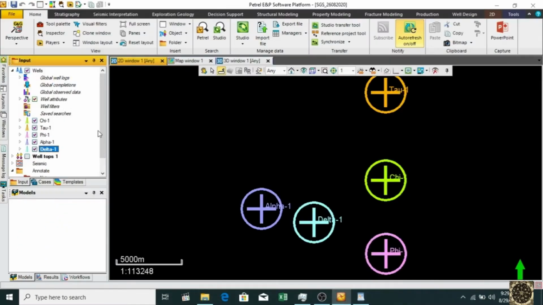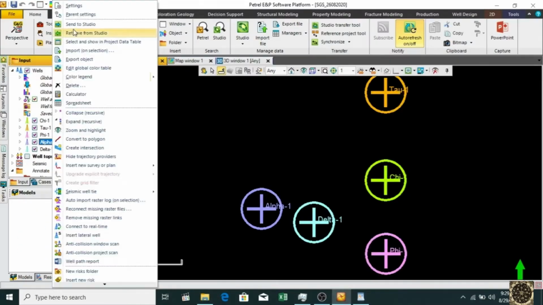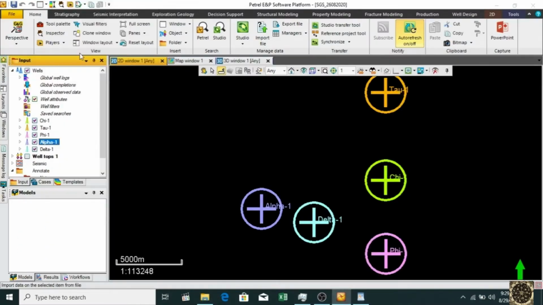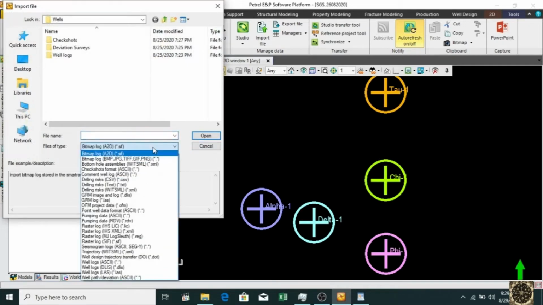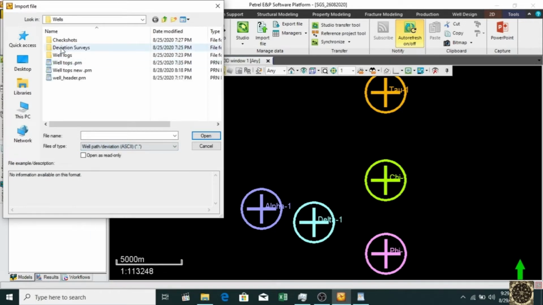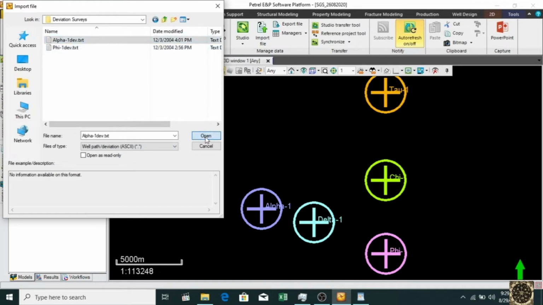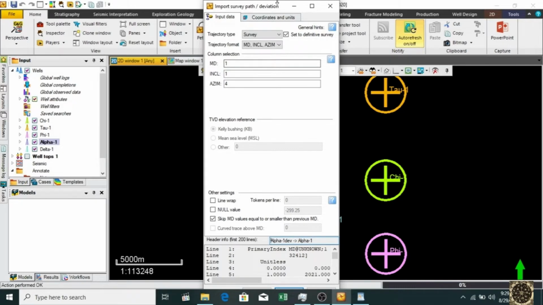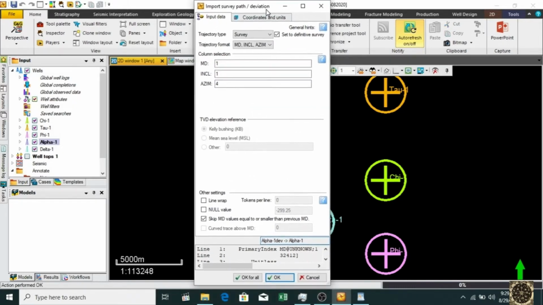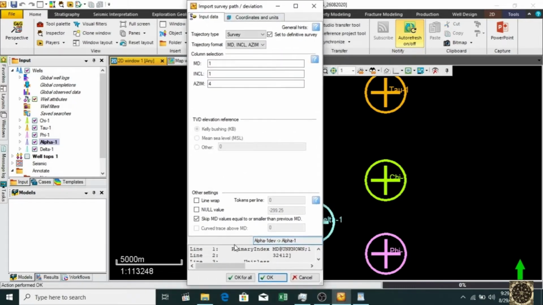Right click on Alpha well, go to import selection, file of type, and we have Well Path Deviation ASCII. Click on that and select our file, click open, and here we go. Okay, we have survey